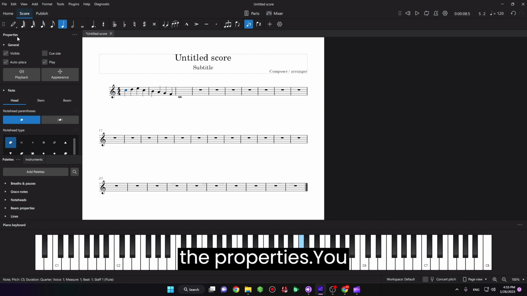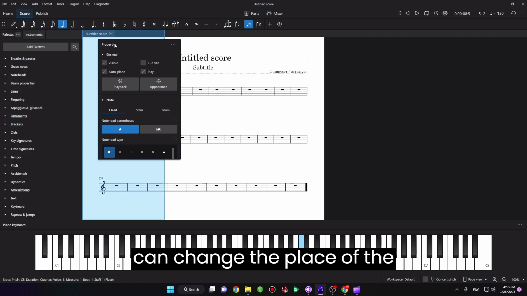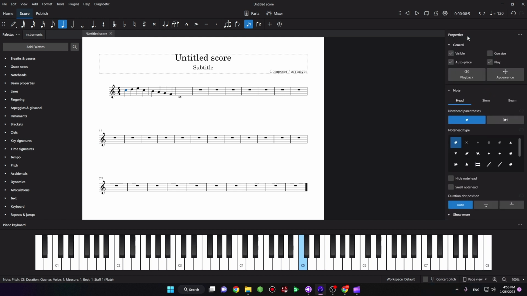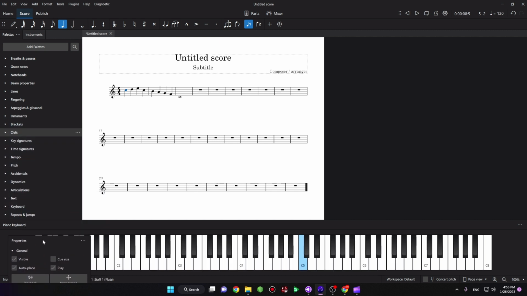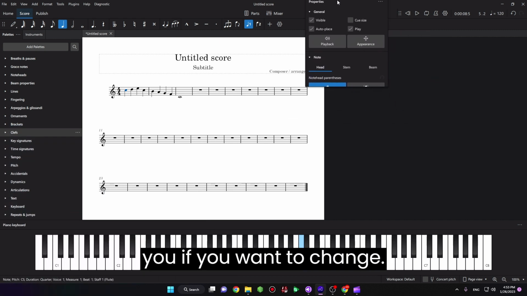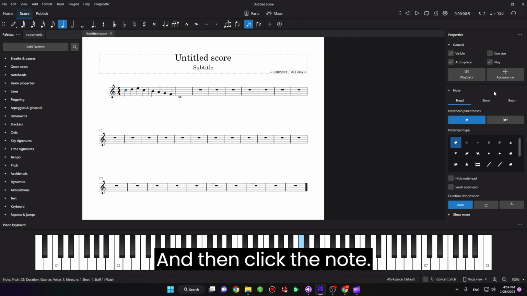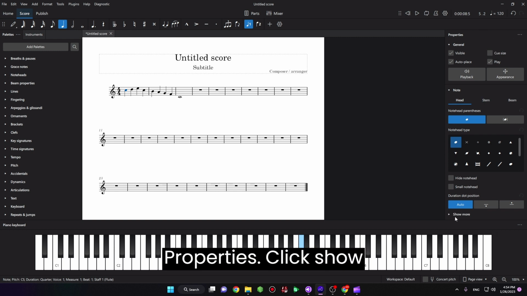See on the properties, you can change the place of the properties by drag and drop like this, or if you want to change it in here, or on the right, and then click the note. Okay, properties, click show more,